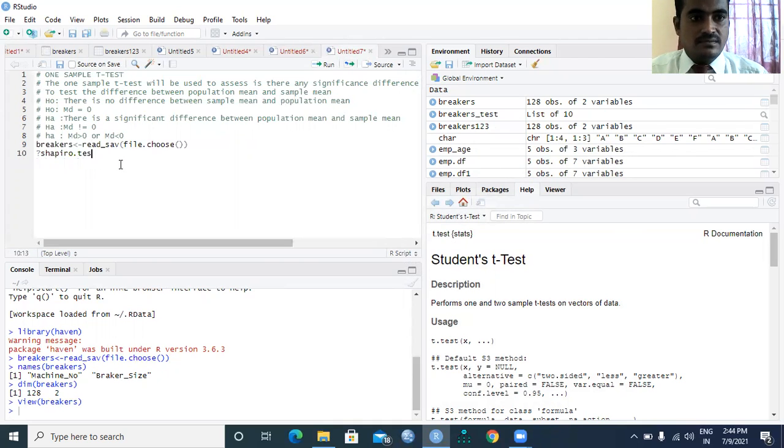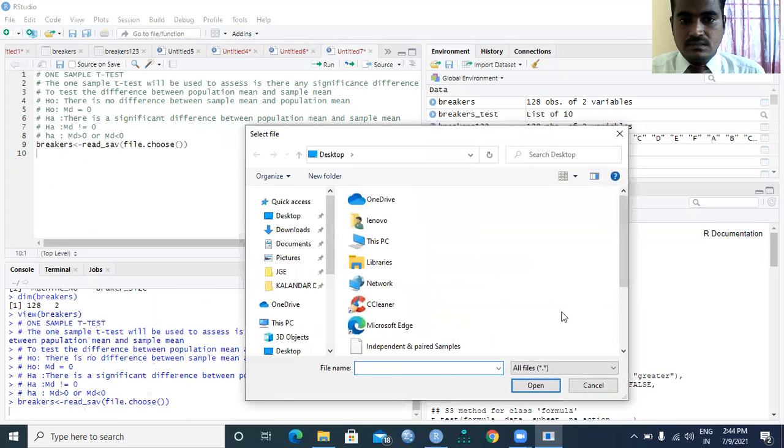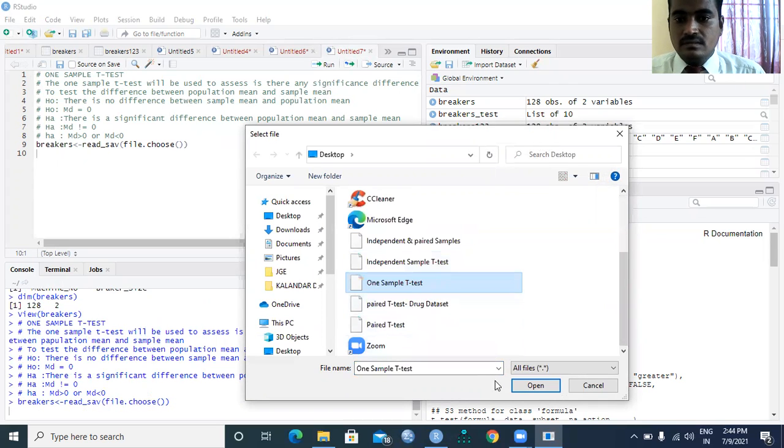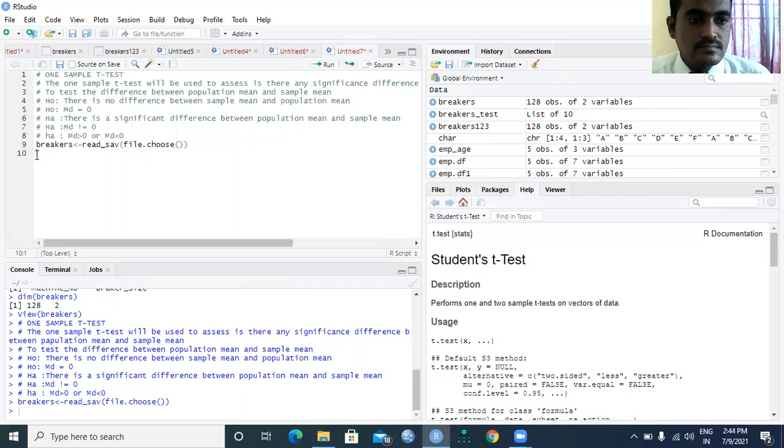So first of all, we will try to execute this. One sample data set we have uploaded.